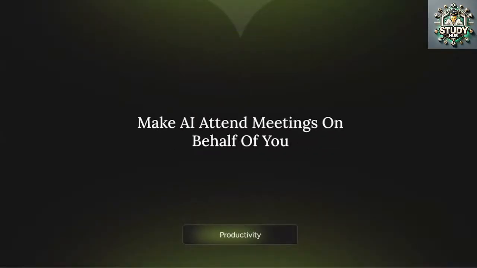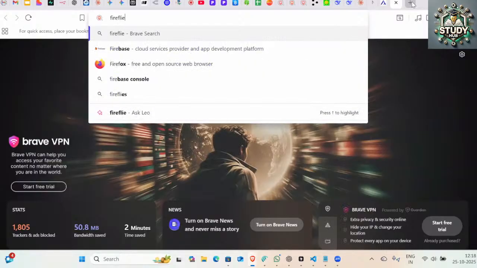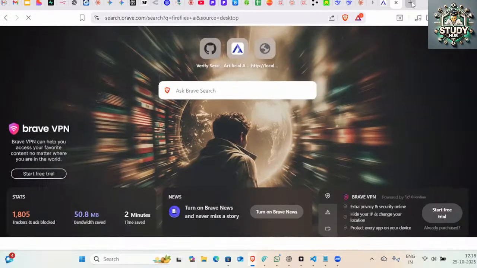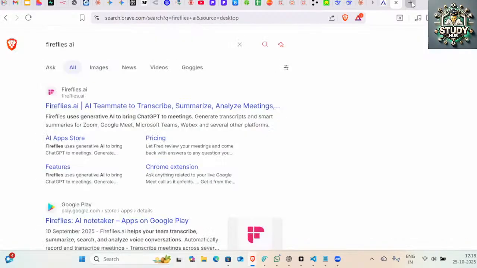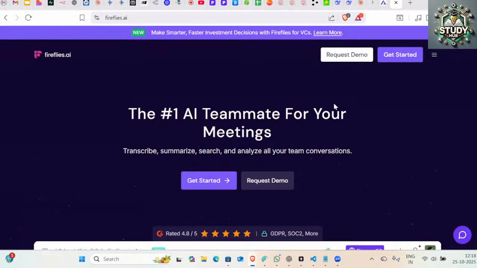Okay, now the next tool that we have in the productivity bucket is Fireflies AI. I cannot demo it, but I can show you what this is. I hope some of you might have heard about these tools. I can have these AIs coming into my meetings and getting things recorded, listening to each and everything, making notes for me, and making up pointers.